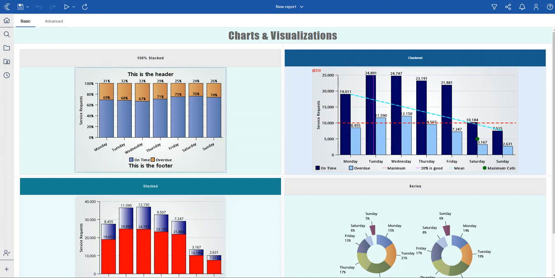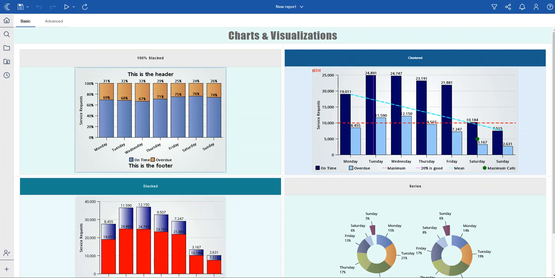The bright color here shows the overdue service requests, and the blue color here shows the on-time service requests. And from looking at this, one can quickly conclude that on Monday, the on-time status made up 69% of the service requests, and overdue service requests were about 31%.